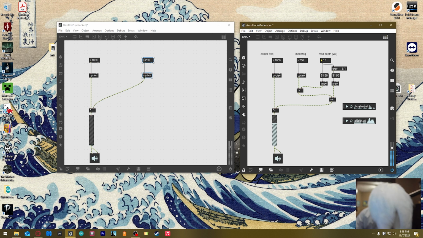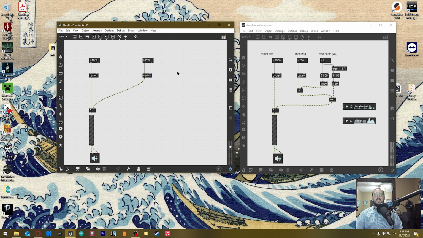That 1000 hertz is very prevalent over the side bands compared to 1.0, where we start hearing the side bands more. So that's what the first part is, and I just added a short, simple envelope to that. So I'm going to add that in real quick right here. We just simply take a number. I'm just going to steal a float box over here, and we can use line tilde